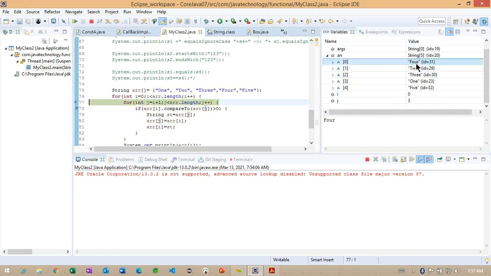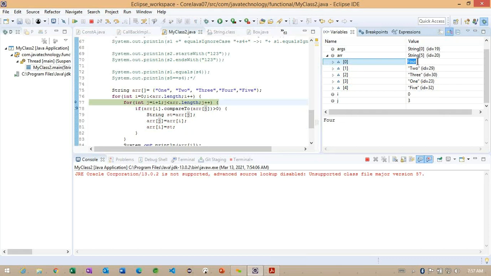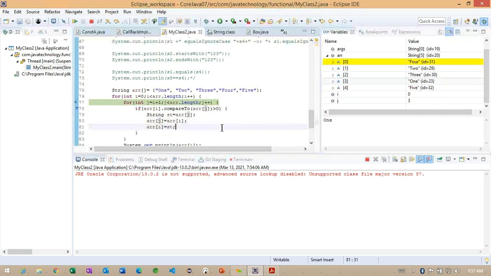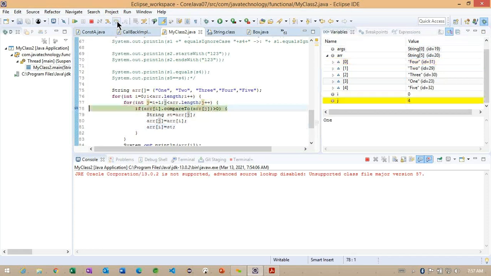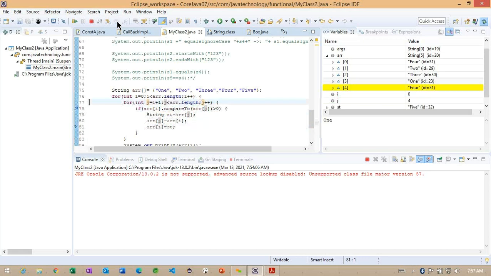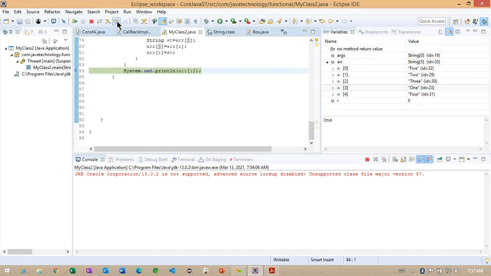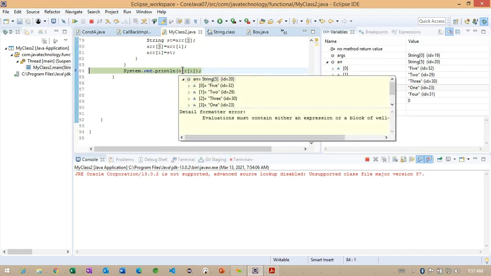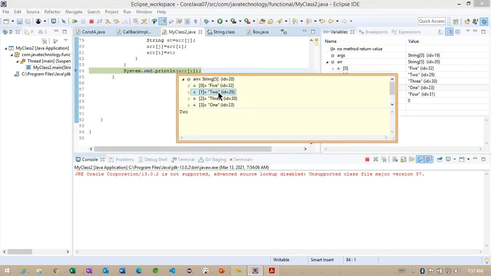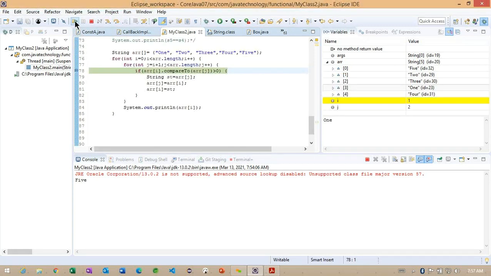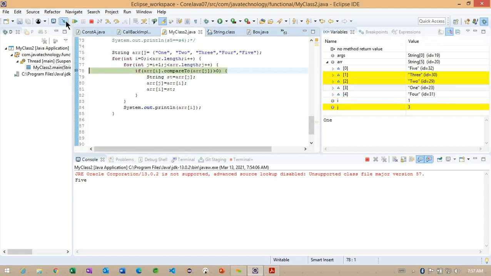Now you can observe here, we are getting 4. Initially we had 1, but see, the 1 we changed, now we are getting the 4 here. This is the way we can change the location of the object. Now j value 4, so still the condition is satisfied. Again we are changing here, and the length is reached. Because of this, what are you understanding here? 5 and 2. This is the way the location of the objects is changing here.